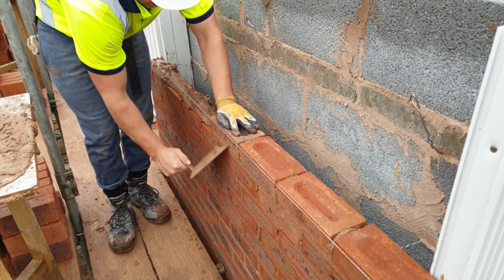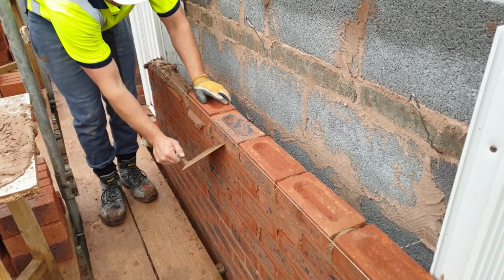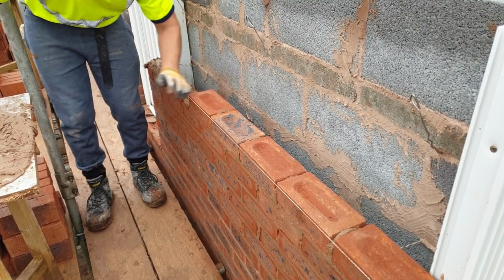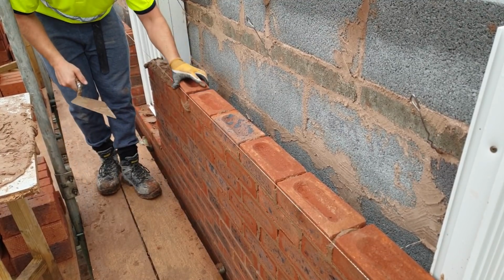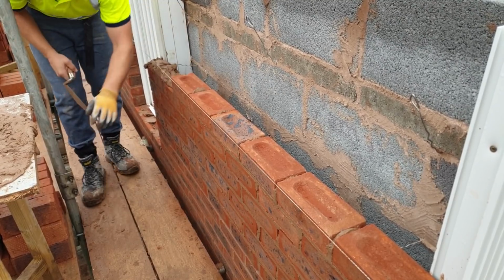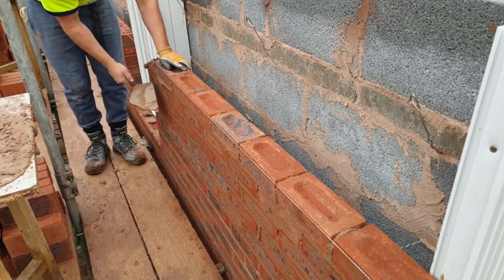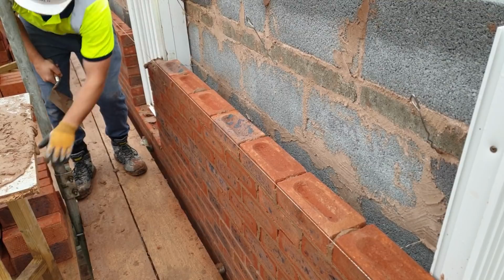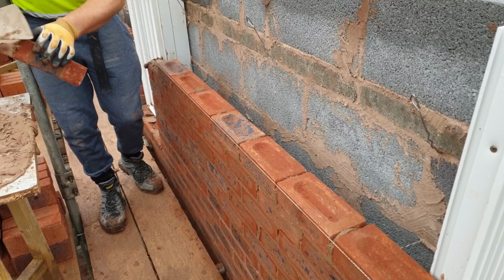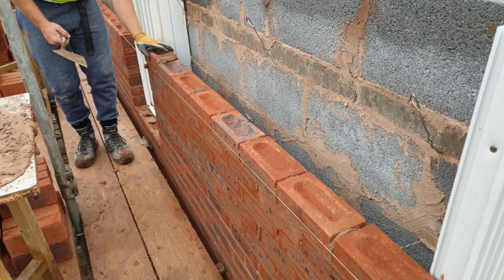All I'm doing here is ironing everything in, pushing the joint up for pick and dip. Someone said at the weekend that they're not a fan of this. Well, probably not a fan because he's not done it himself. That's what I reckon. But this is the most efficient way of bricklaying. I can't think of a method that's quicker. I like to put the traditional method up against someone laying that side, someone laying this side, doing pick and dip, to see if